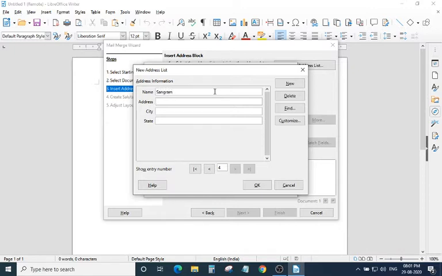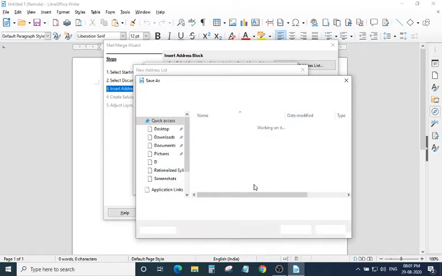Sangram, address, city, then Odisha, right? So I am going to type four entries of address information. Then I will click on OK. Understood?